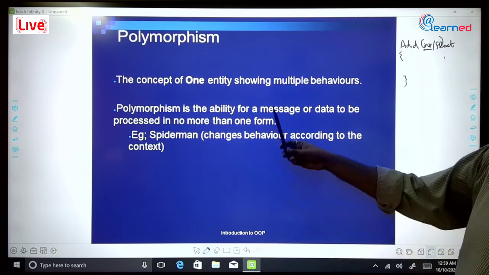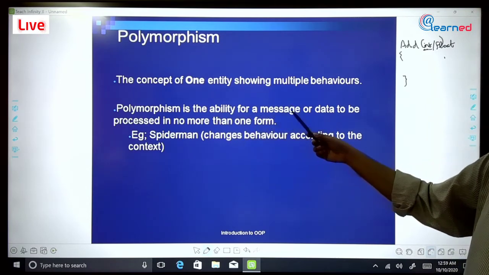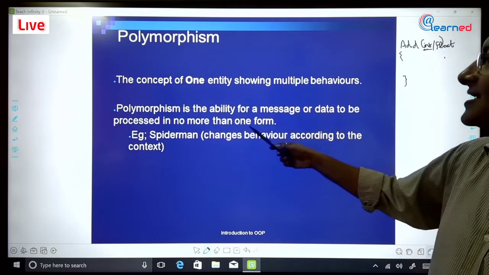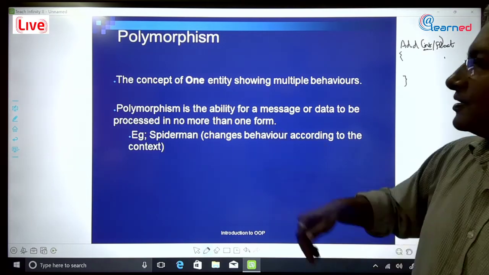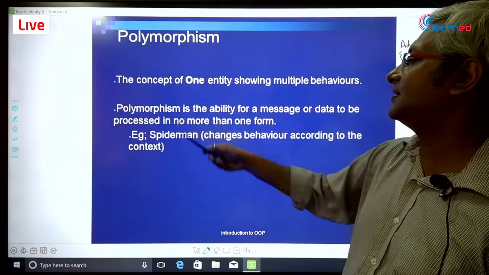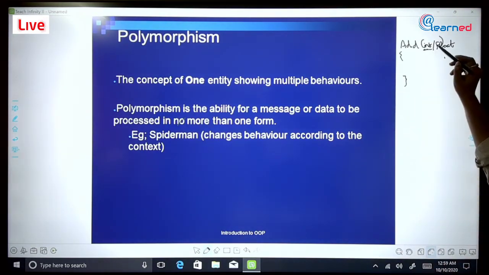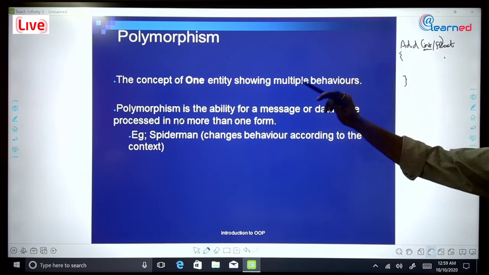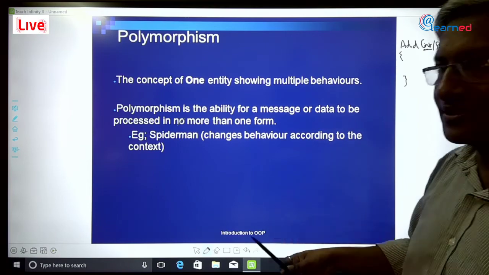And so, polymorphism is the ability for a message or data to be processed in more than one form. So we are passing data to this method, and depending on this data, the data is processed in more than one form. So example, if we consider a real world example,